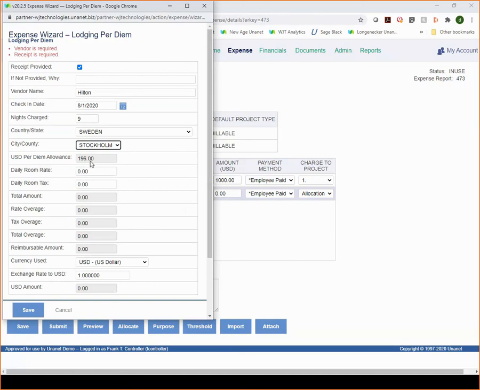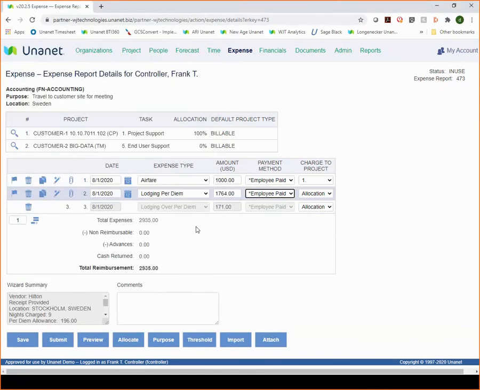So we stayed in Stockholm. Let's say that our hotel was $215 a night. So we have $171 in overage. So when I save this, it automatically adds a line for the overage. And whatever your lodging over per diem is mapped to, then that is what is going to be charged on your general